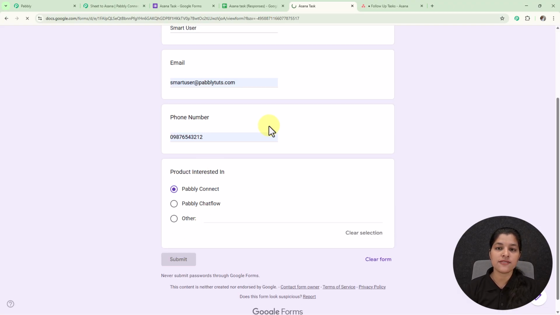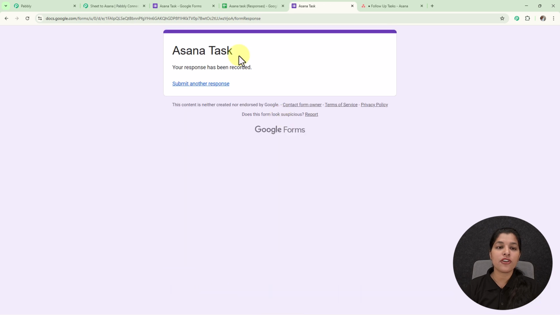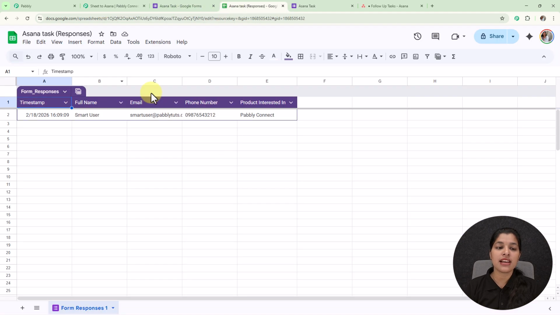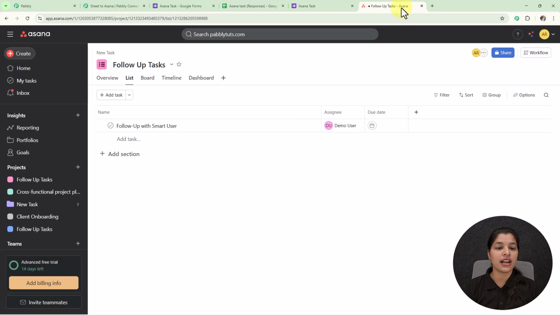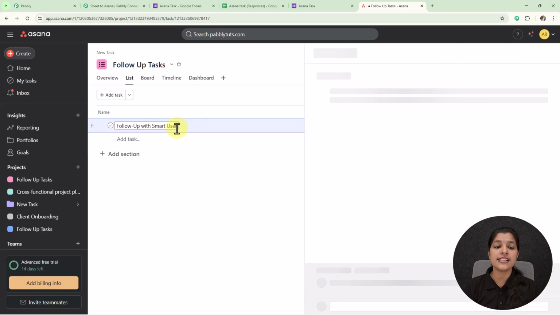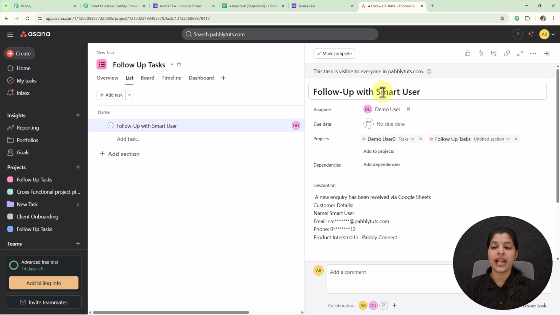Now let's submit this form, and here you can see my form has been successfully submitted and I am receiving the data in my Google Sheet. Now let's move on towards my Asana account to check whether a new task is created for this particular lead or not. So here I have landed in my Asana account, where you can see I'm successfully receiving this task containing the same name of my lead, that is follow up with smart user, and here you can see the same